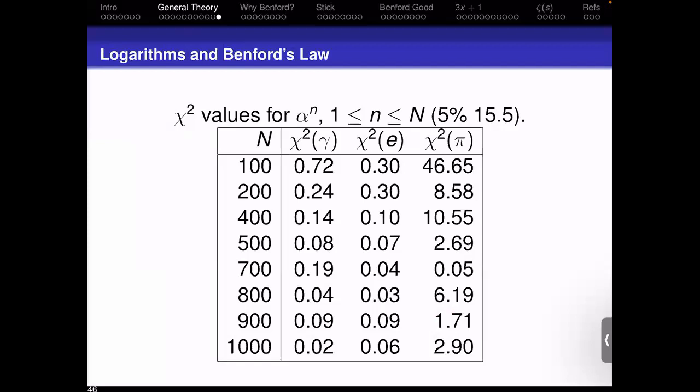If it really is Benford, then we should be getting a value of 15.5 or less. And even for pi, we're still getting good values for Benfordness. It starts off large, gets smaller, but then interestingly, it gets larger again. There seems to be some kind of cyclical behavior. And when we looked at powers of 2, what was going on is that we had trouble because 2 to the 10 was 1,024, which was almost 1,000, so it was almost padding by 3 zeros.